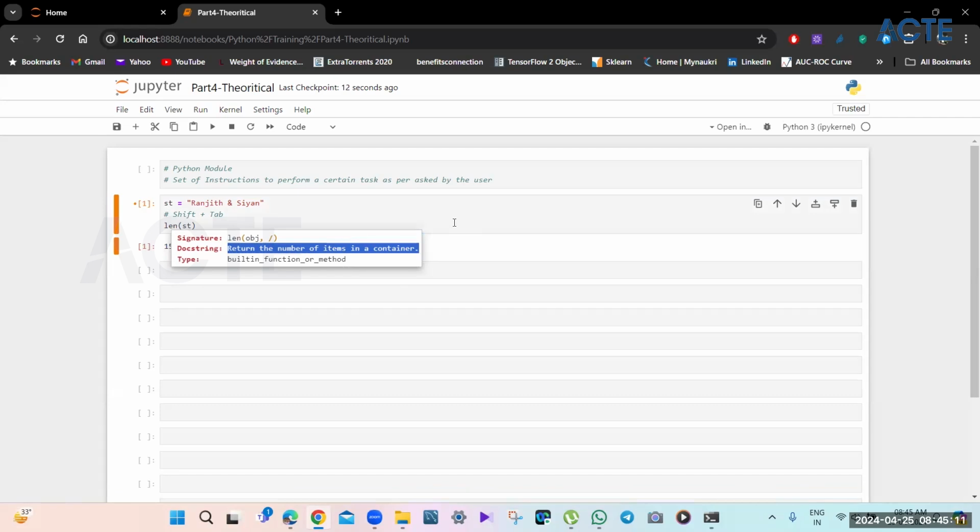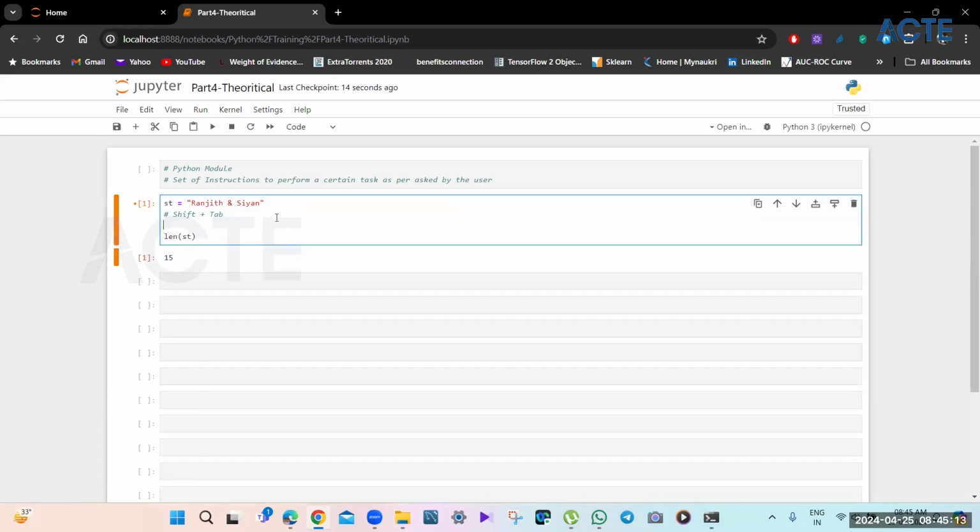That is what this length function is doing. So if this is a string, that means it will have characters, so the characters are the number of items here. So this is basically the characters in a string. So that's why this is a function and this is what it does.